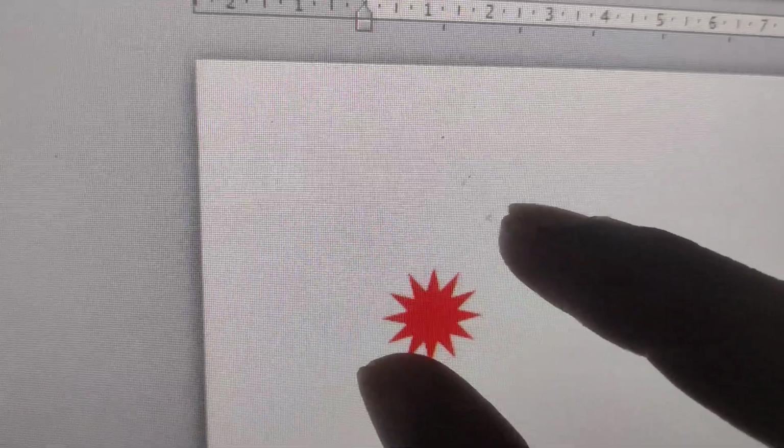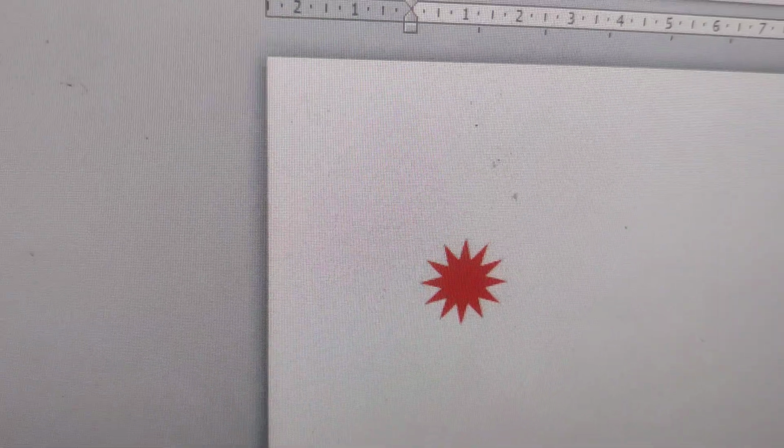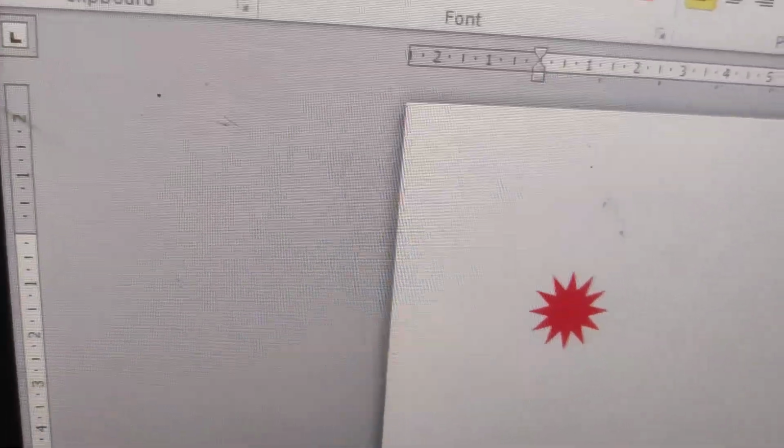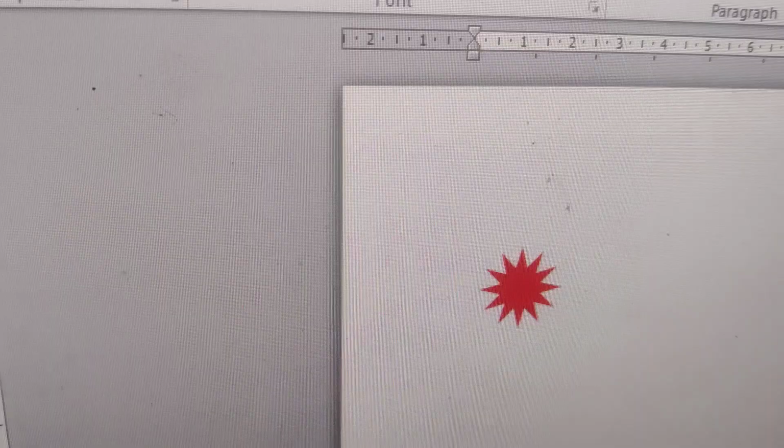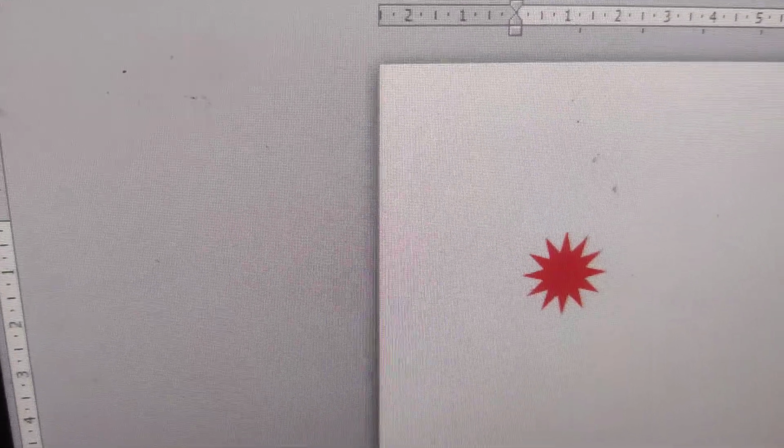So this is a 12 pointed red star. Okay, I created this using a keyboard shortcut in a Windows computer. So for doing this, I first go to my computer keyboard. First I open Microsoft Word in my Windows computer, and after that I go to the keyboard, and this